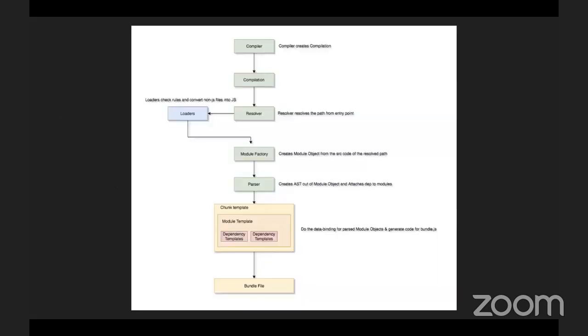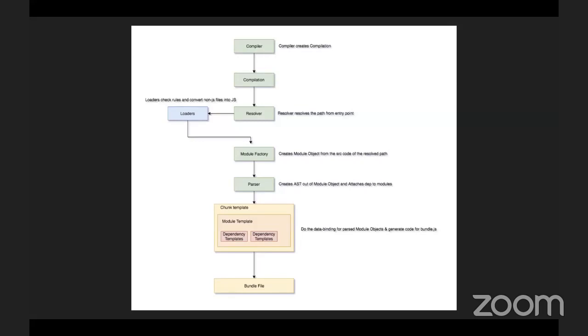So if you see the whole process in the form of a flow chart, which makes it very easy because I've been talking for around 15-20 minutes and half of the things might have flown away. I can sum up the whole thing in the form of a flow chart. Webpack starts the compilation through a compiler, and compiler gives you a compilation instance. And after compilation, it actually creates a dependency graph, and that is being resolved.